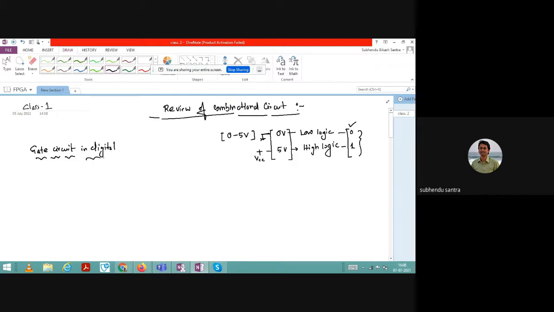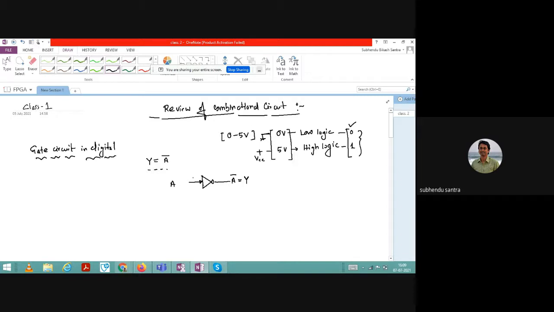So if I ask you, okay, let us say I have a function, Y is a function, and I want that function to be like this. Y is a NOT gate of a function A, that is what I want. So the answer is quite clear: you have to use, let us say A is the input, and that input should be connected to a simple NOT gate, and that output will be A bar. So this is your input A, so I can say this is Y equal to A bar.